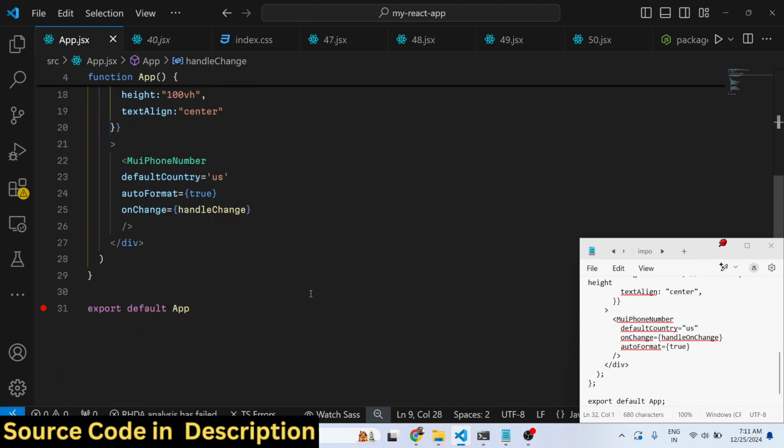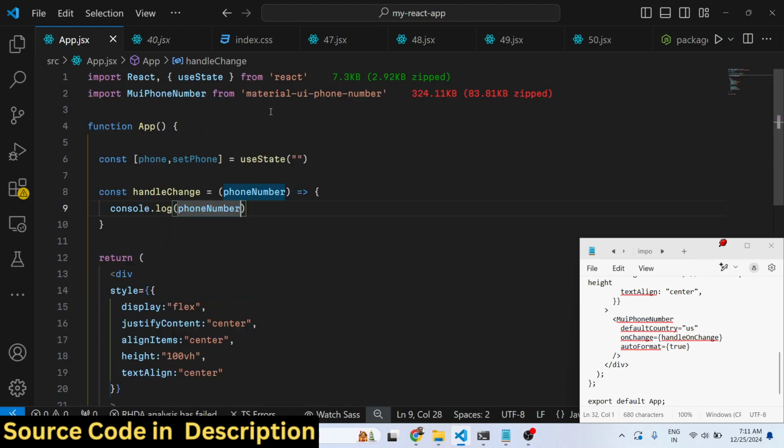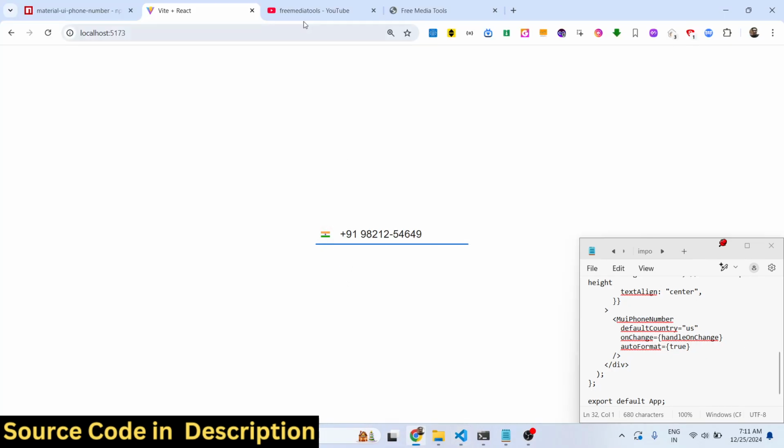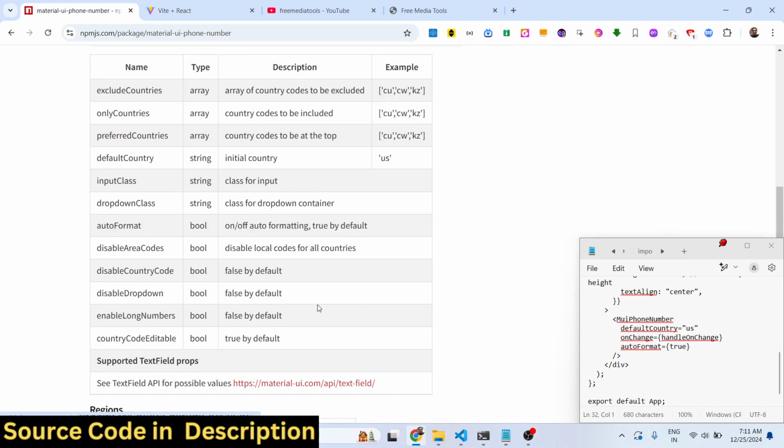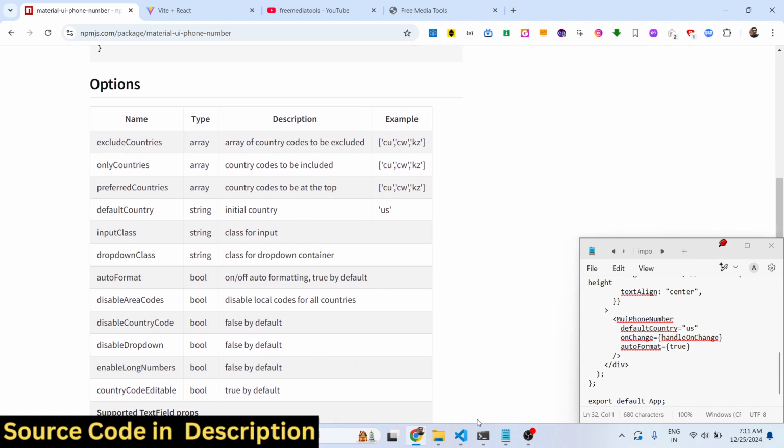So it's a great module. It's material design, of course, powered by Google. So it looks like material design, and there are certain options as well. If you want to exclude or include only certain countries,